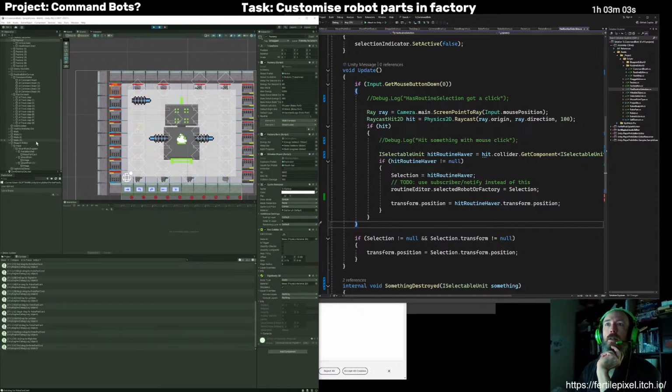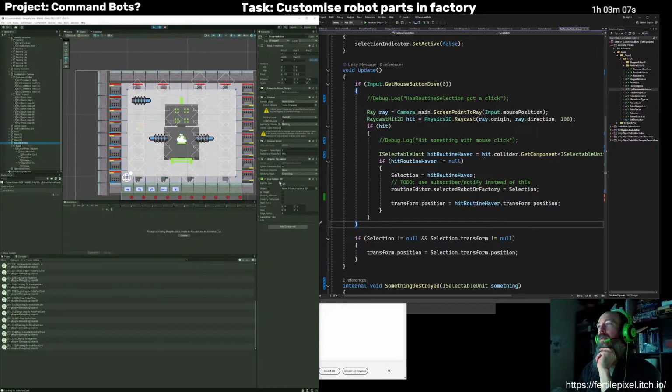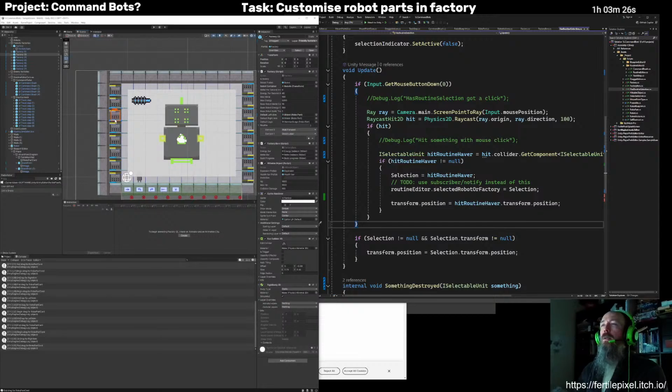So I just added a collider on the blueprint editor. So now it's got its own collider, and so that catches the physics ray. And that's the first thing that's hit. So that just prevents it from going through and hitting something else. So that works. All right, so yeah, it looks like it's working